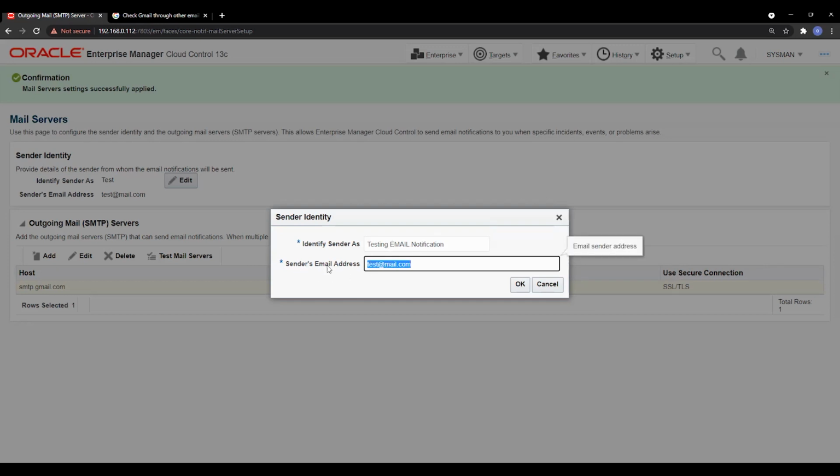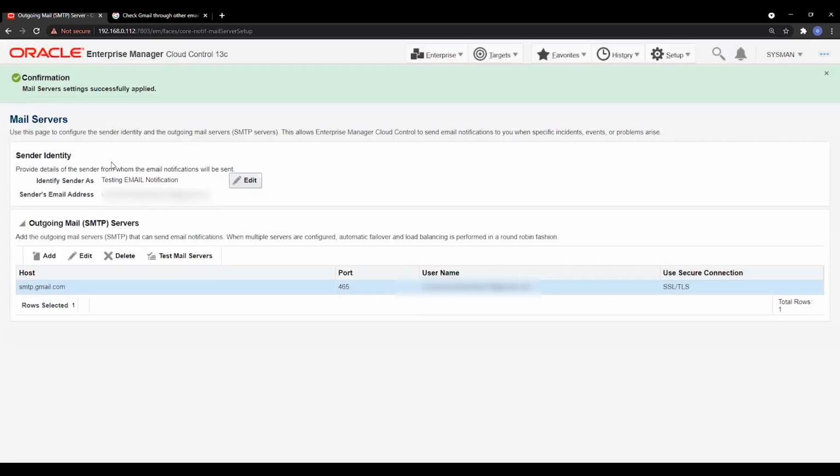Here we have to mention the sender's email address, so I'll use the sender's email address here. Click OK. Once you modify this sender identity, you also get the mail server setting successfully applied.